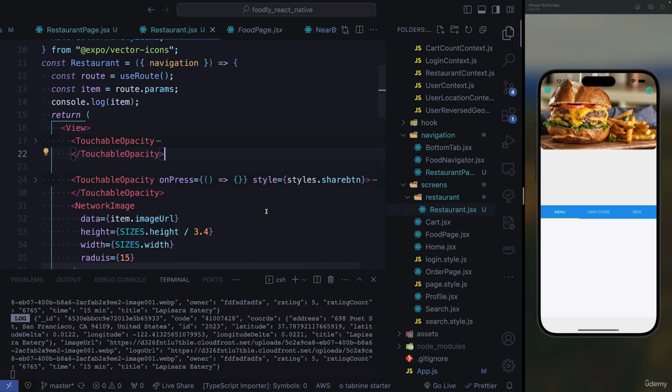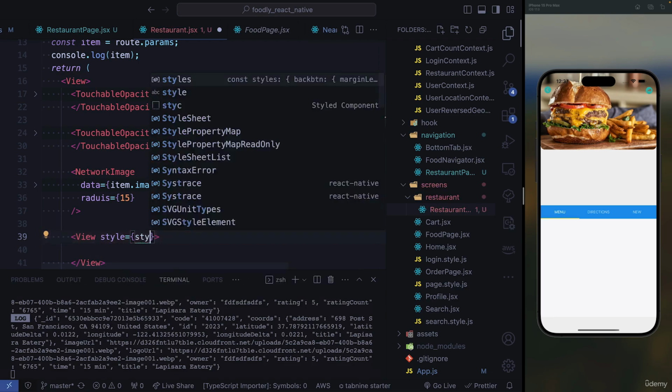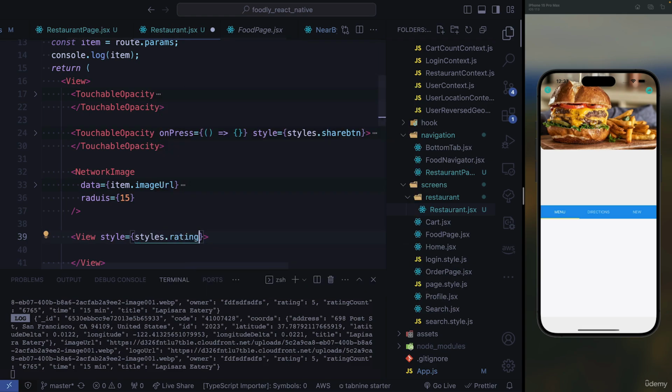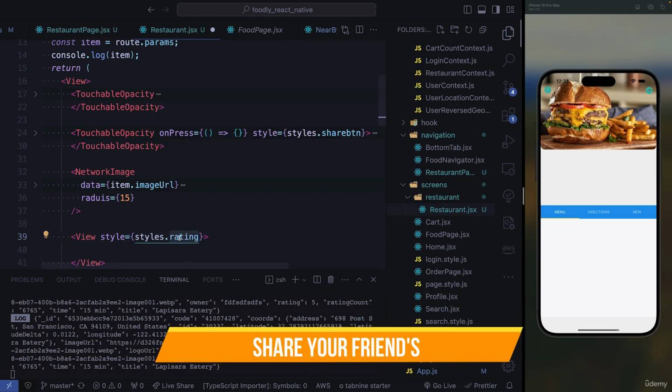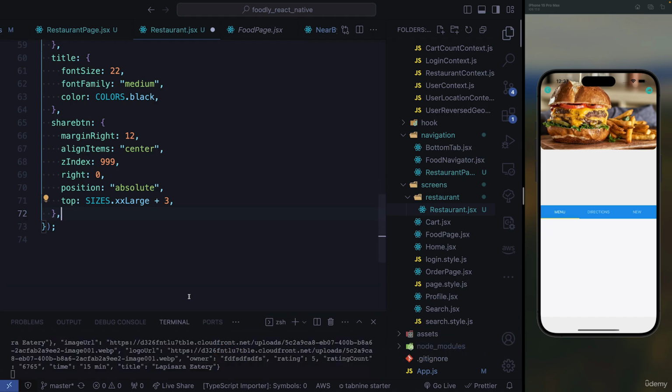And next we want to go ahead and deal with our rating. So our rating is going to be suspended right here. Okay, so after this touchable opacity, after the image per se, we're going to create a view. For the view, we're going to give it a style. We're going to call it rating. So we need to access our styles and call our style rating. So we need to copy the name, go down to our style objects, and